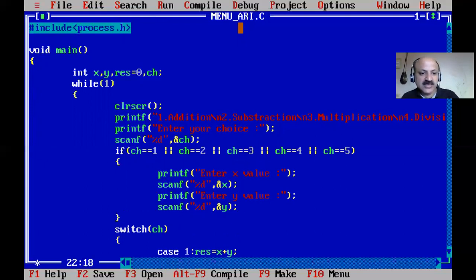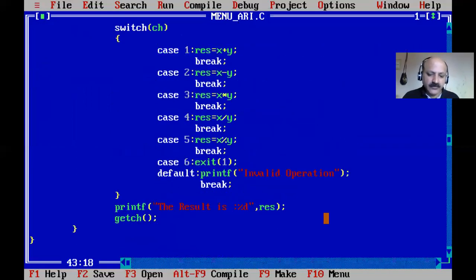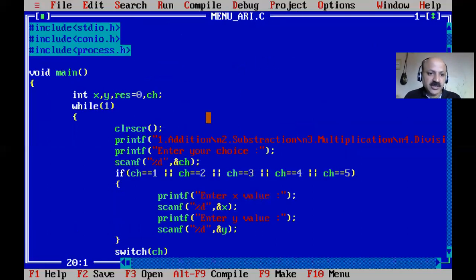So when we give 6, that time it is not asked, because we can fix our choice from 1 to 6, and only then is X and Y required, otherwise it is not required. So the clear screen is the first improvement in the code, and the if condition is the second solution. Okay, first we can check, and one more improvement is remaining, but I will first show you and then we can take it, so you can understand very well what happened. Whenever you change the source file, here we moved the clear screen inside the while loop, and here the if condition is provided.